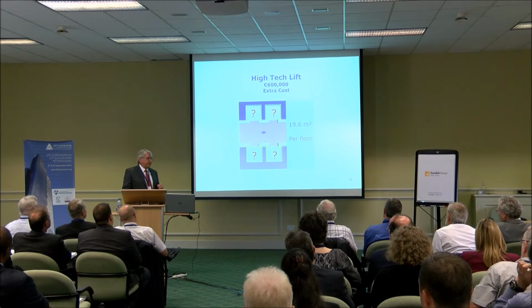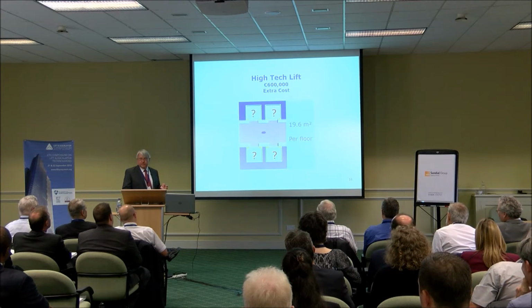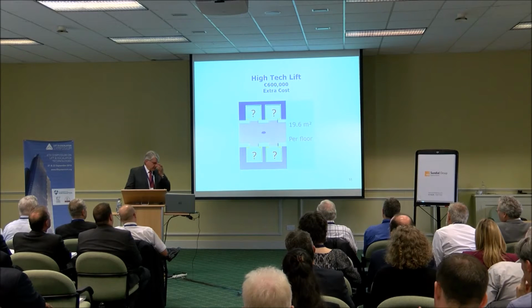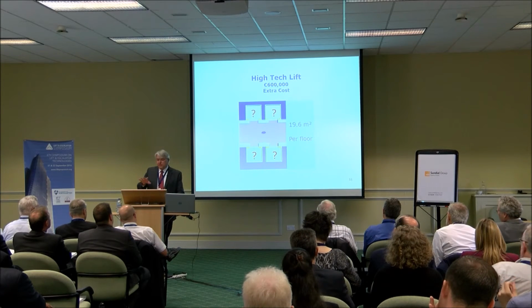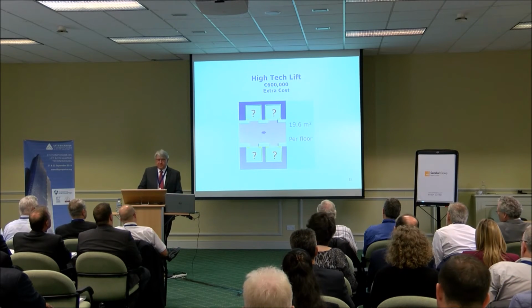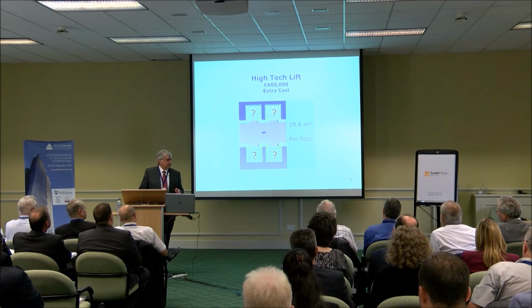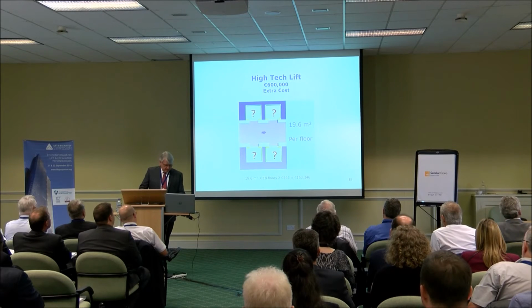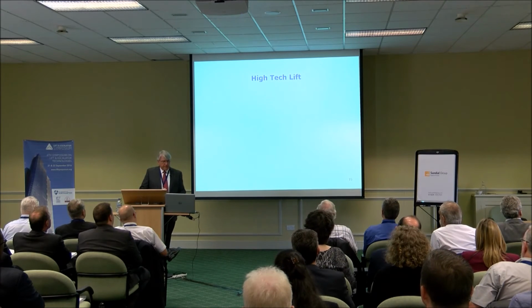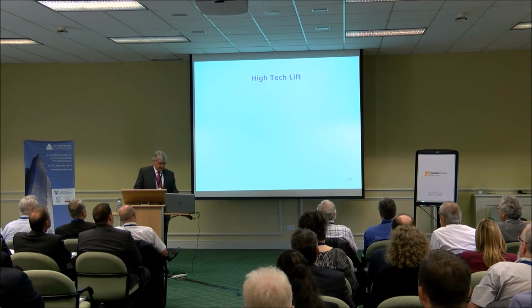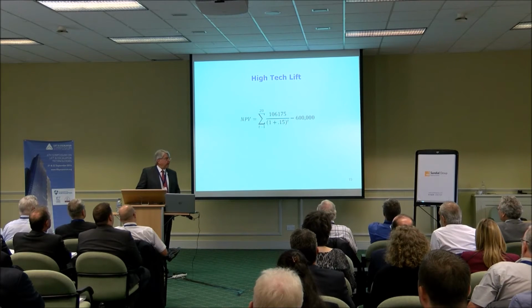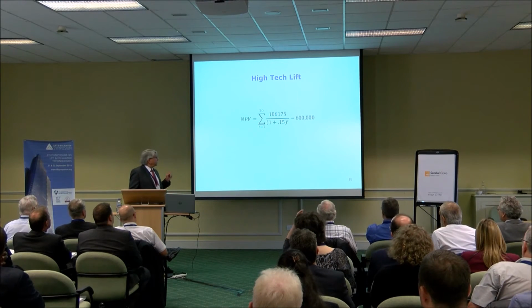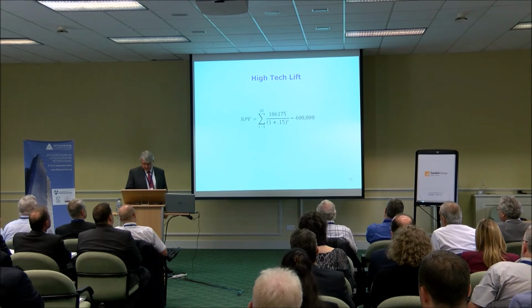Okay, so that begins to be a fair amount of area. And we don't know how they're going to do this. We don't care. We're just trying to see if it makes sense for us to spend an extra 600,000 euros on this building. So we apply the net present value equation. And the one thing we have to do, you'll see here, we have the 600,000 is the additional cost.